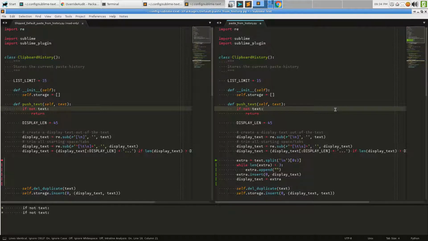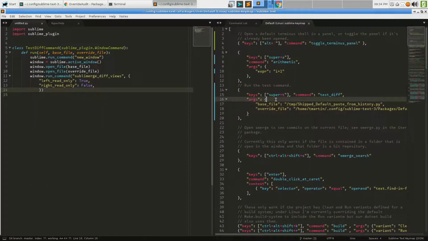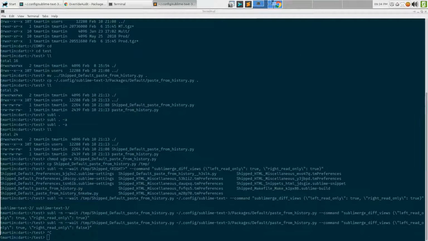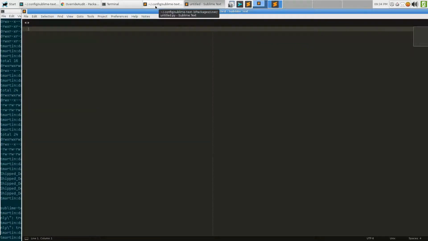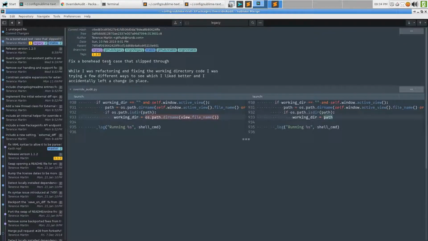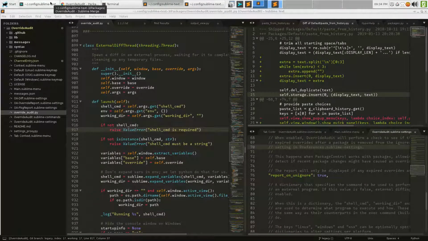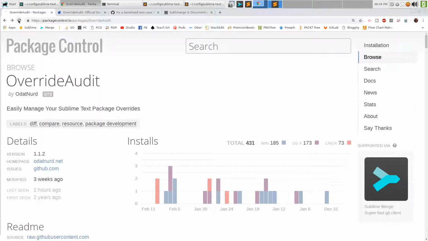Okay, well, let's see how we might. Let's go ahead and do that. Close without saving. I'm going to put that window on this desktop for now and create a new one over here. And that one can be OverrideAudit. Okay, oops, I rolled it up. I hate when I do that. And that one, that one, that one, and